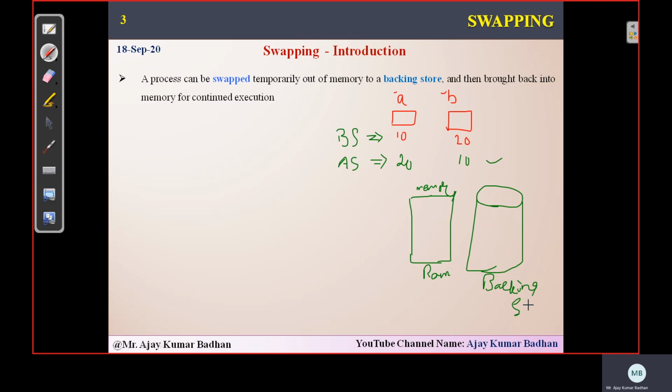For simplicity of understanding, you can assume that this is your hard disk where you store all your information, like your movies, your documents, and other information and applications. That is a simple standard hard disk, which we generally term the backing store from the operating system point of view. In the memory, your RAM, some portion will be occupied for other purposes, which is nothing but the operating system accessing it in order to perform operations.